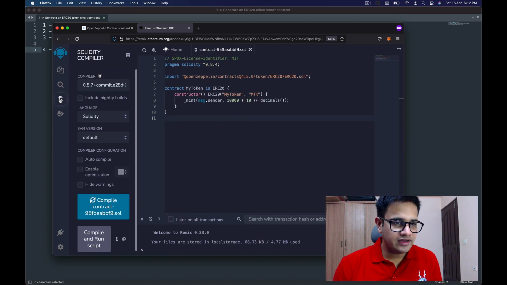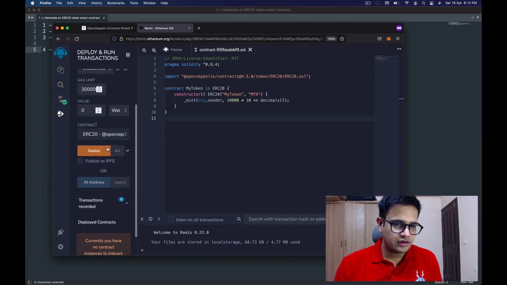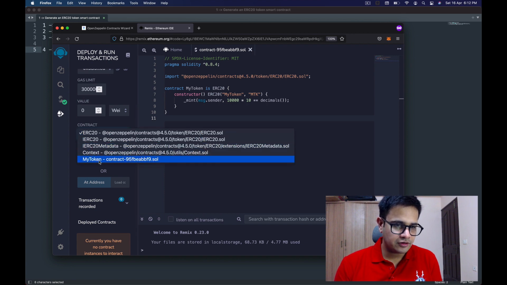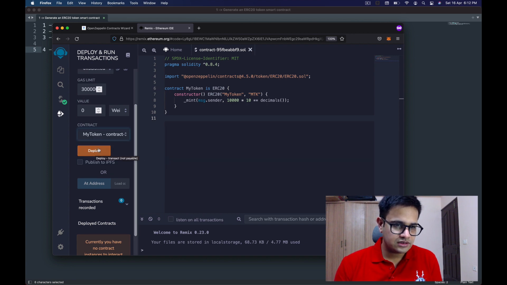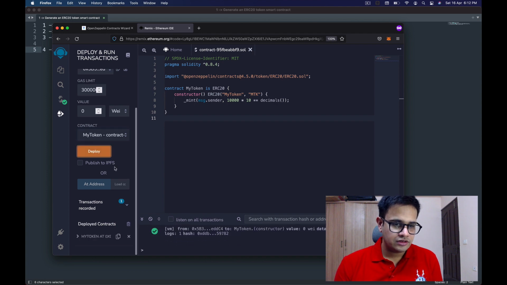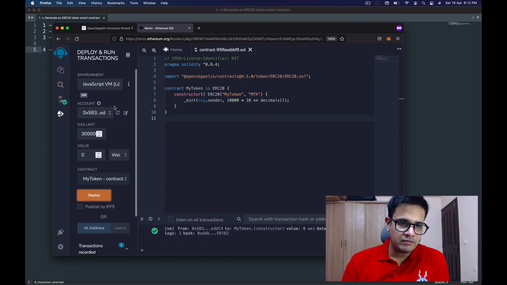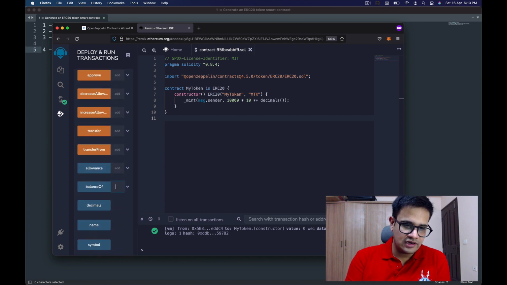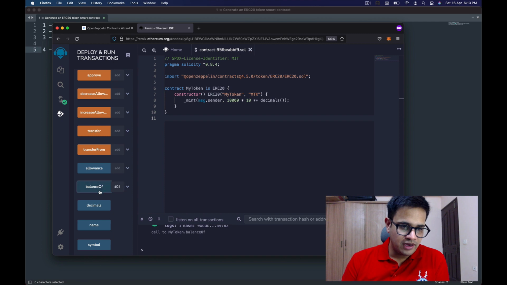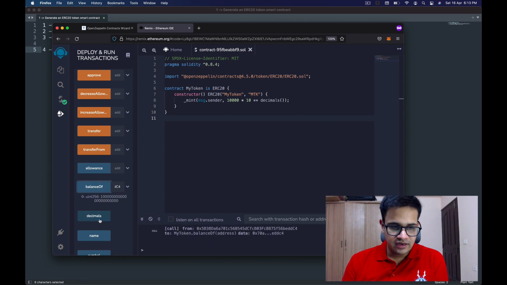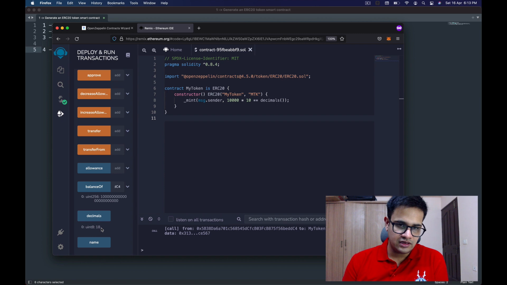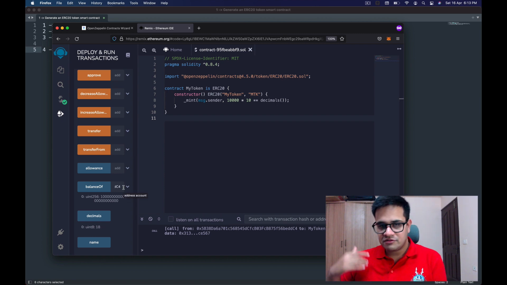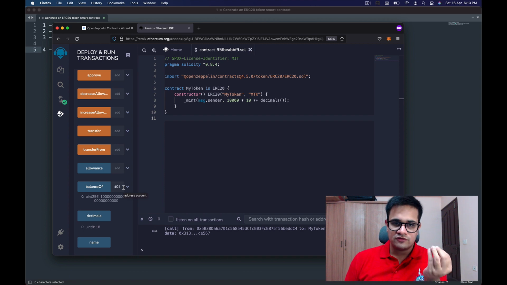Great, so we have the code ready. We can go ahead and compile this thing, and once compiled I can go here and select my token, this one, and just click on deploy. So when I do that, what happens is my own account, the 5B3 ending with ED account, it has a balance of, let me just paste my address here, the balance of 10,000 into 10 to the power 18, because the decimals returns 18. So basically I have created an ERC20 token and given myself 10,000 of those tokens for